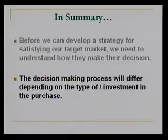If it's an expensive product, hence an extended problem-solving purchase, it's going to differ, and we have to design our